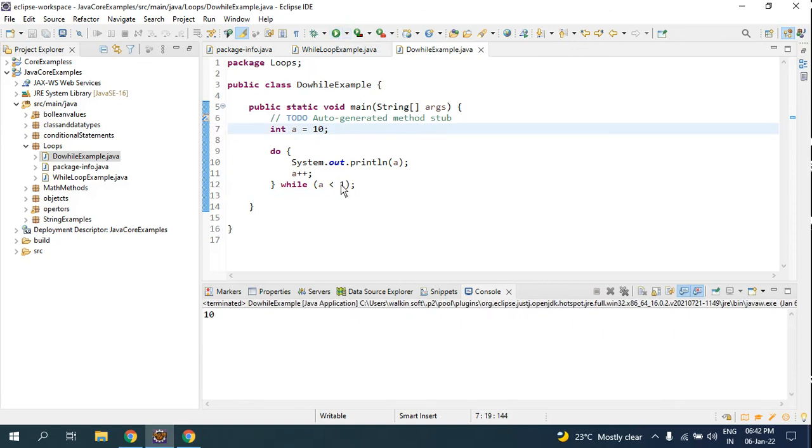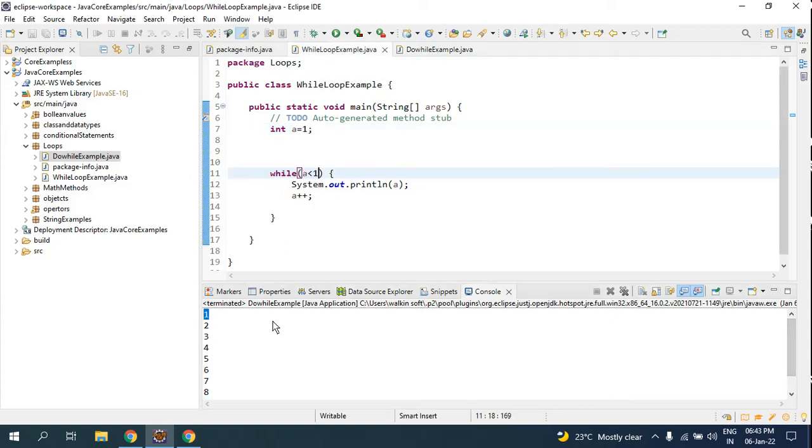Look, 10, because it is less than 1, I have to give 10 here, sorry, let it be 1 here, and the condition is until it meets the 10. Now if I run it, I am able to pull out elements till 9. Look here, till 9. It eventually prints, even if the condition is known or unknown, it prints the first value. Here in the while, it's not the case. First, it has to meet the condition.